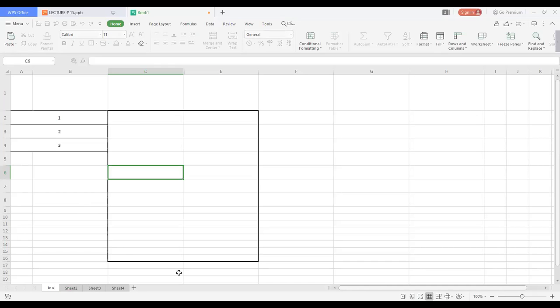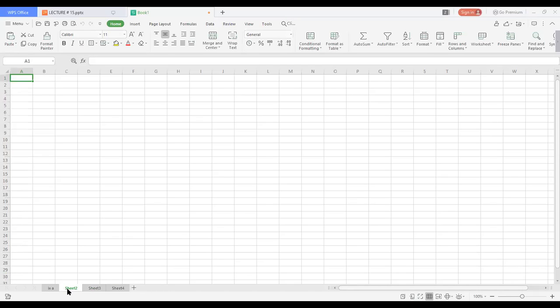I can rename it, right? This is 9th A. I'll go to sheet 2, rename, 9th B. This is sheet number 3, rename, 9th G, and this is how I can add more sheets, right? Is it clear now?